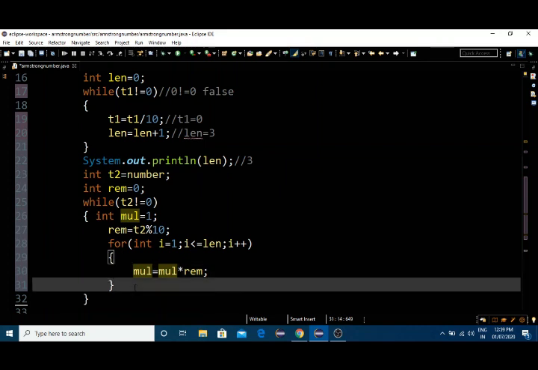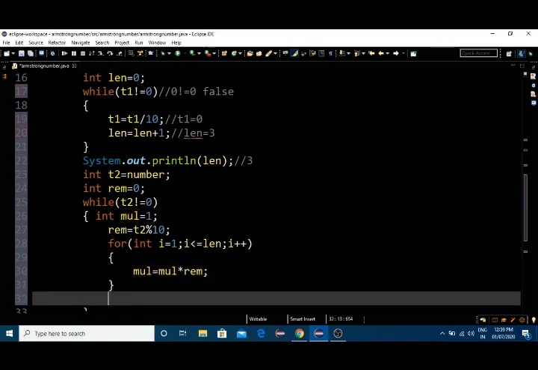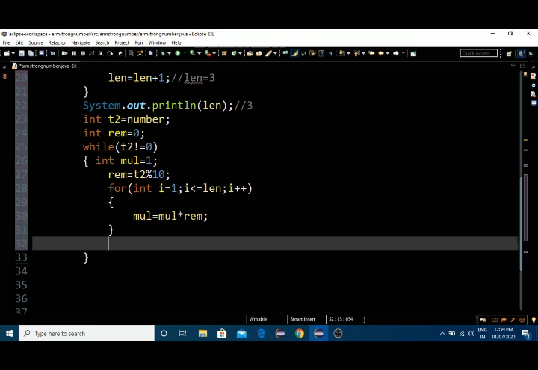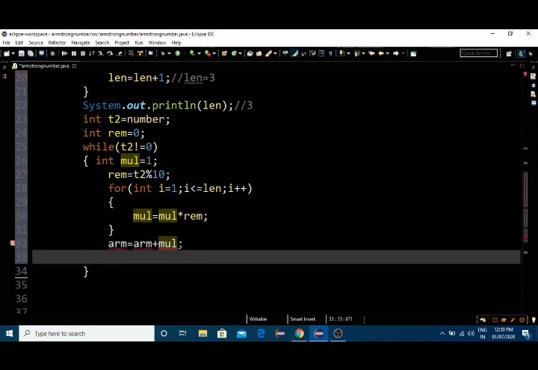After coming out of this for loop, I should add all the numbers, right? And finally after getting the power of each digit, we are going to add. So for that I'll take arm as a variable, that is we are taking Armstrong, right? So I'm taking arm plus mul value.